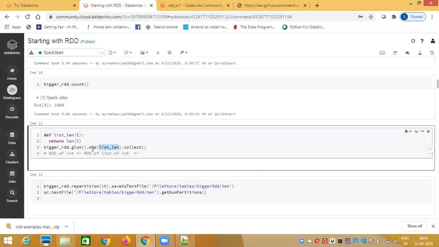What is the objective of a higher order function? A higher order function is nothing but a function that takes another function as a parameter. Some people who are not from a programming background might have seen C, C++ or Java in college. There is no such concept as passing a function as a parameter to a function there. This concept is only available in functional programming languages like Scala and Python. You can pass a function as a parameter. What is the essence of that? A function is nothing but a reusable piece of code. You have certain logic that you don't want to rewrite again and again. Instead, you can define a function and call it again and again.